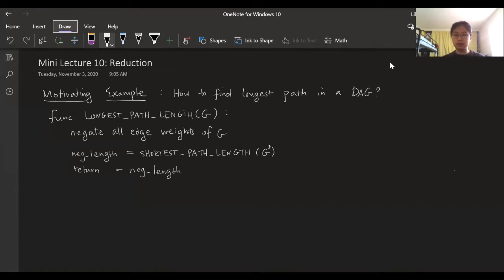And thinking about the graph before we modified it, this means that the absolute value of the path lengths are going to be really, really large. So as you can imagine, this is going to be our longest path. And all we have to do is negate this really negative length and return it. So now it's this very large positive length, and we found the longest path. I encourage you to think about why this works. The idea is just, we want to find the longest path, and now we switch the idea of long and short by negating edge weights,